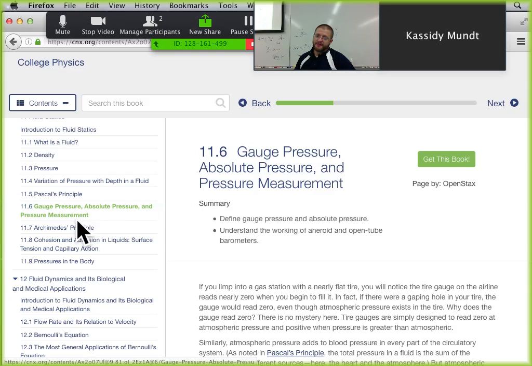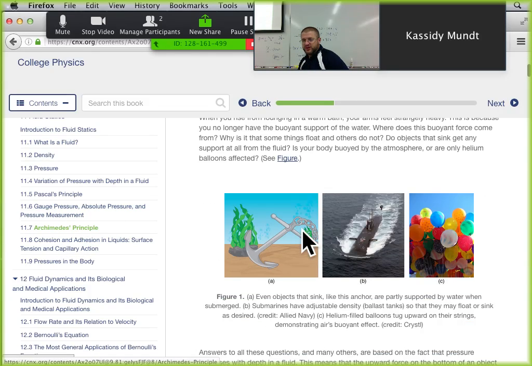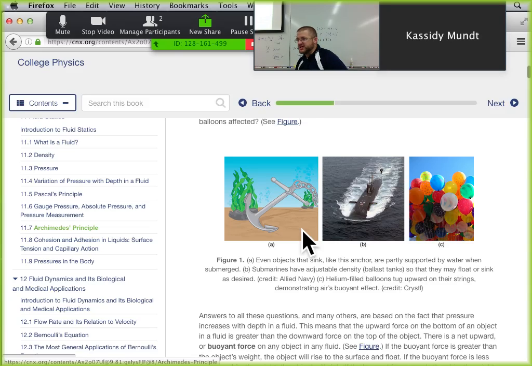And then Archimedes' principle, the last thing that we talked about, was this idea of the buoyant force. When you have something that is immersed in a fluid, it can be a gas or a liquid, and it doesn't even have to be fully submerged. It can be partly or fully submerged. However much fluid it displaces, the weight of that fluid is equal to the buoyant force that the object will feel.